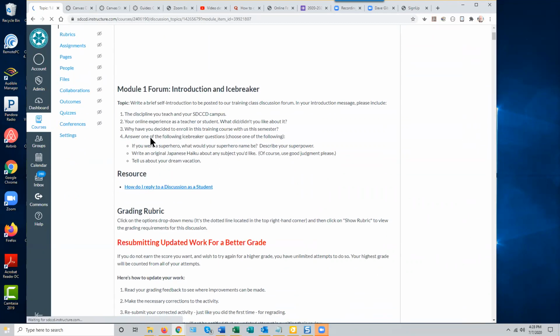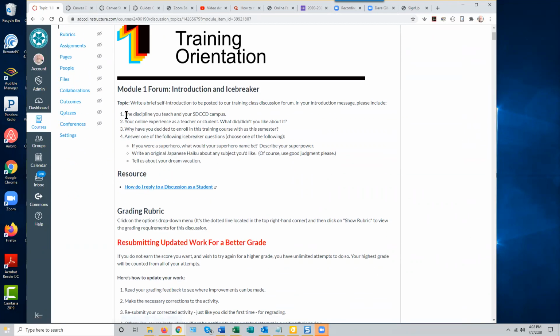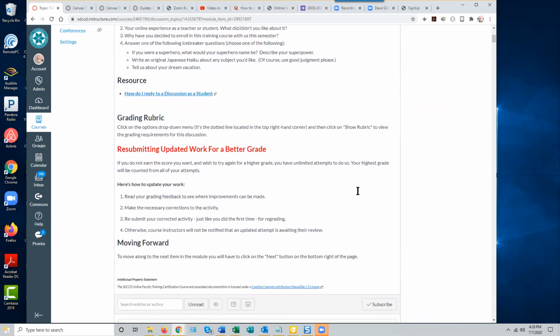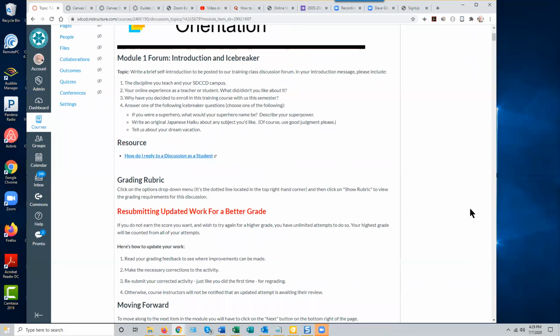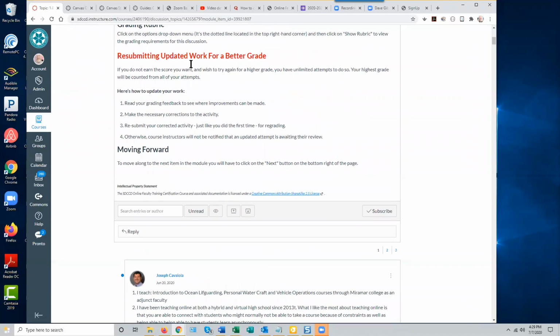Here are the things you're supposed to do. Write a brief introduction and include these things. So how do you do that? Well, you've got all these instructions, and it's easy to miss this little button right here that says reply. That's how you post all this information. You click the word reply,